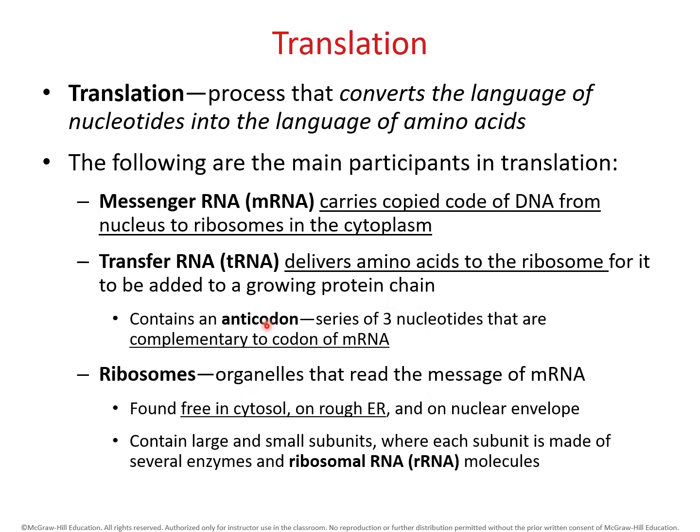Now remember we mentioned that mRNA will have a codon. The codon of mRNA is basically a mirror image of what the DNA code was. Well, transfer RNA also has a similar code, but it's called an anticodon. Okay, and all this is the mirror reflection of the codon of mRNA.